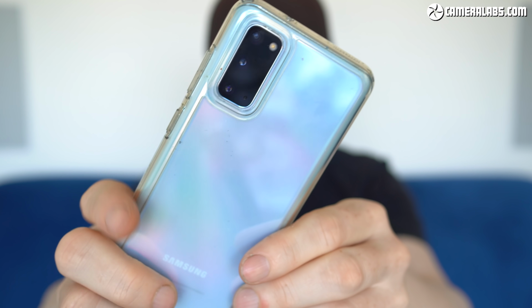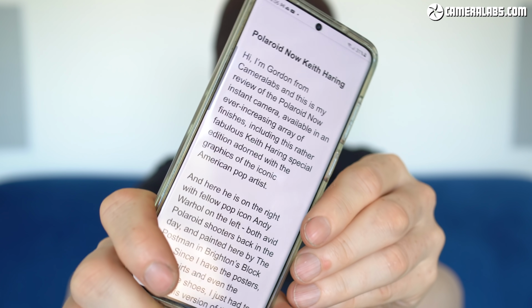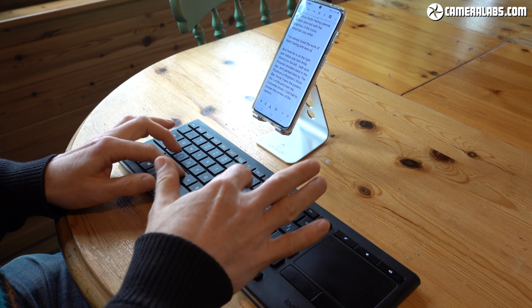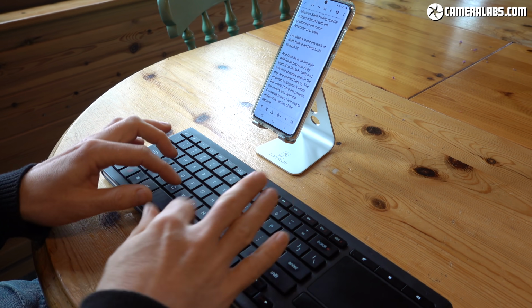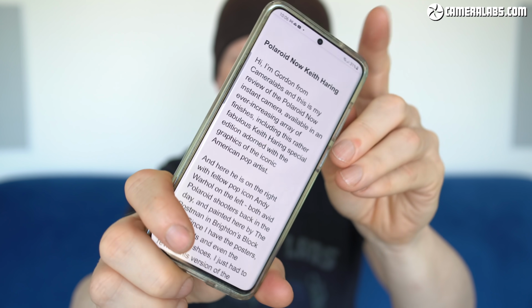So why not try and use it for some of those laptop tasks? Now, before I went away, I did do some tests connecting it to a Bluetooth keyboard, and I found that I could actually quite effectively write on it using this full-size keyboard. However, I did find the screen and the interface was just too small to do any effective photo or video